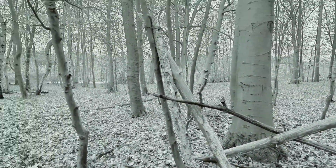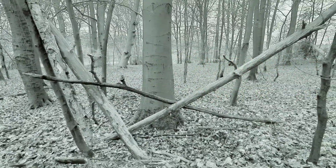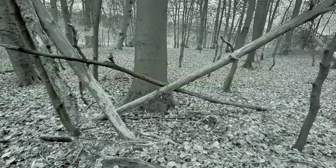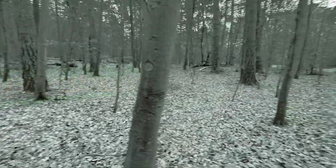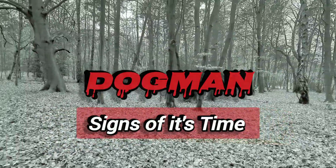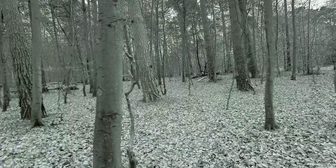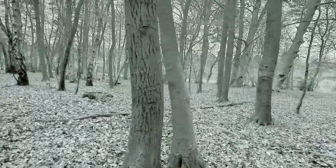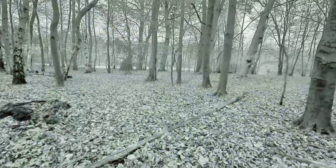Okay, if they're using twine like nylon string, they've got to bring the string out here, and then I know what, I'll make this. But we're pretty much out in the wilds here, you know? Oh, it's a big forest, this one. And this one's part of Thetford Forest, so it's a big forest in the UK. And then we've got that, so that's an X structure. And over here,